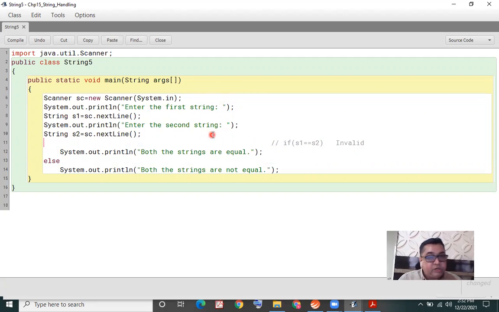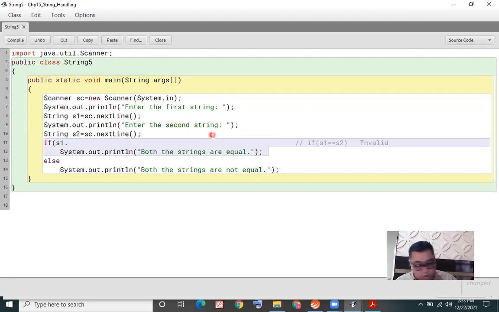So how do you compare strings? Accept this for all purposes, not that in one of my earlier programs it was working. Whether you input or you do assignment, this is how you compare whether two strings are the same or not. In brackets you write S1, then dot equals, and in brackets you write S2.